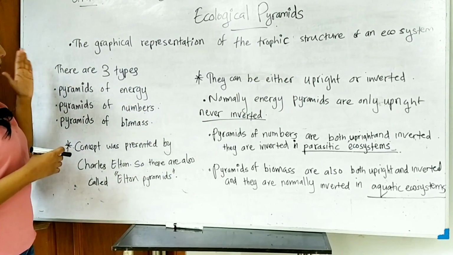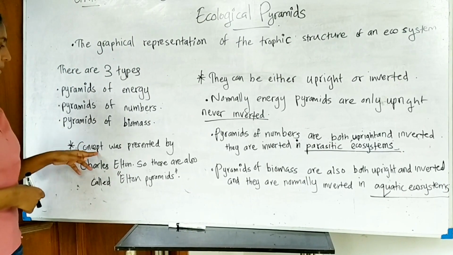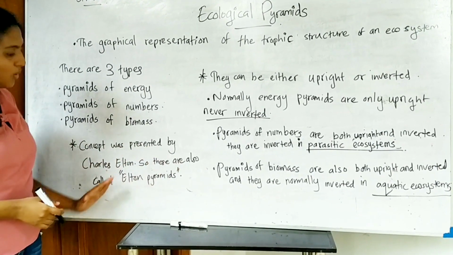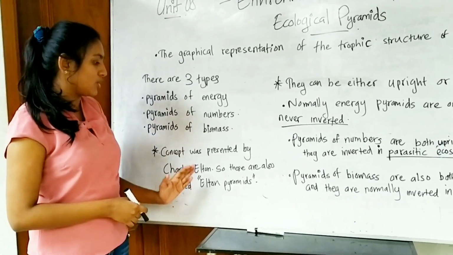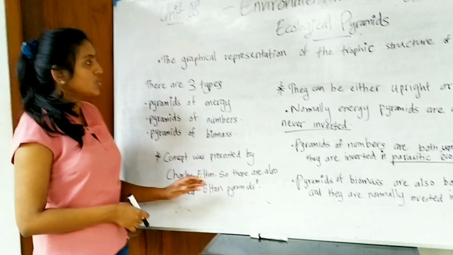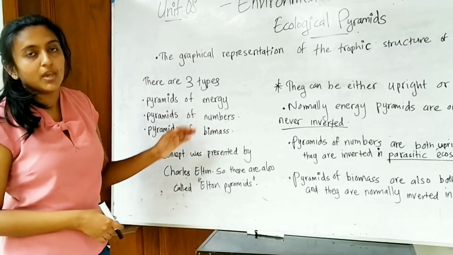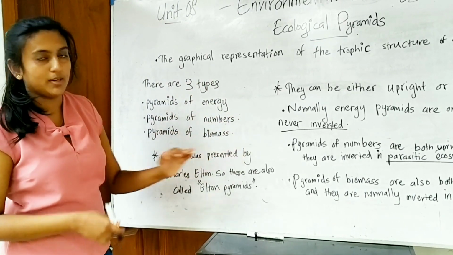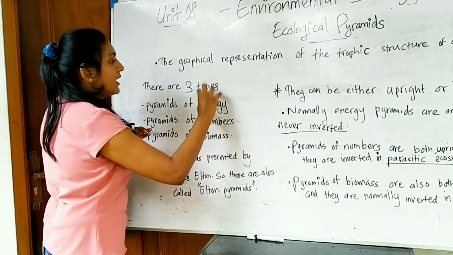So when we consider ecological pyramids, this concept was presented by Charles Elton. Therefore, these pyramids are also called Elton pyramids. There are three main types of pyramids: pyramids of energy, pyramids of numbers, and pyramids of biomass, which means when we consider one ecosystem in terms of the energy flow,